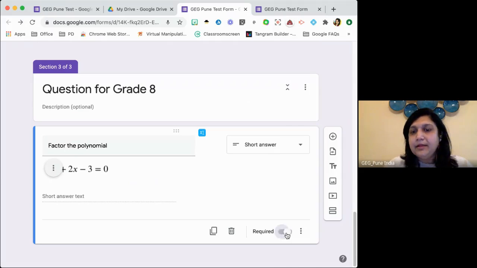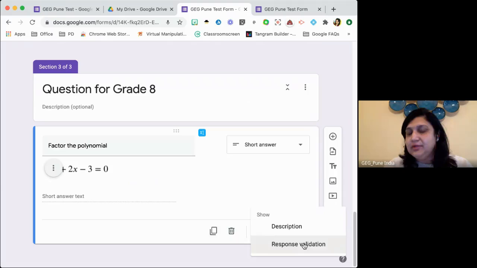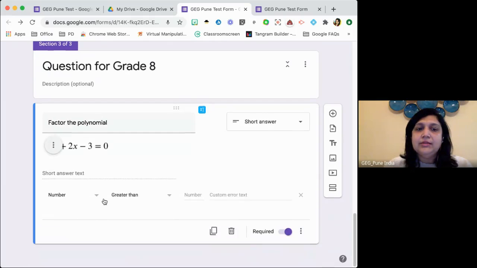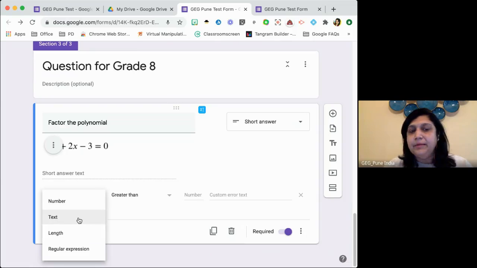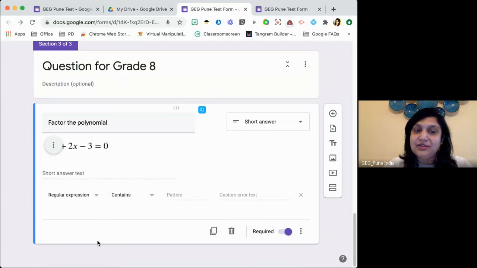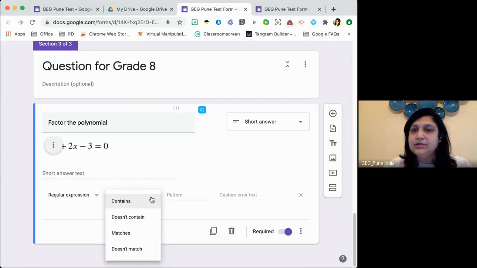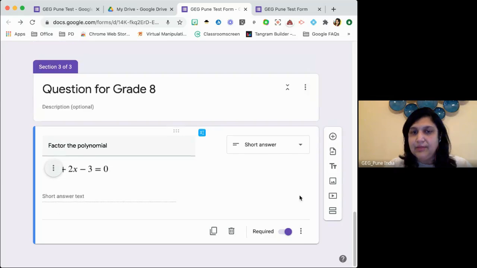Okay. Otherwise, you can still have a response validation, and you can say all the other answers, consequence answers हो सकते हैं. It has to be now remember इसमें text करना पड़ेगा आपको या फिर regular expression करना पड़ेगा because it can have variables as well as numbers. So that is why it matches, and then you write down what answer can be here. For now, I'm just going to not keep a response validation.